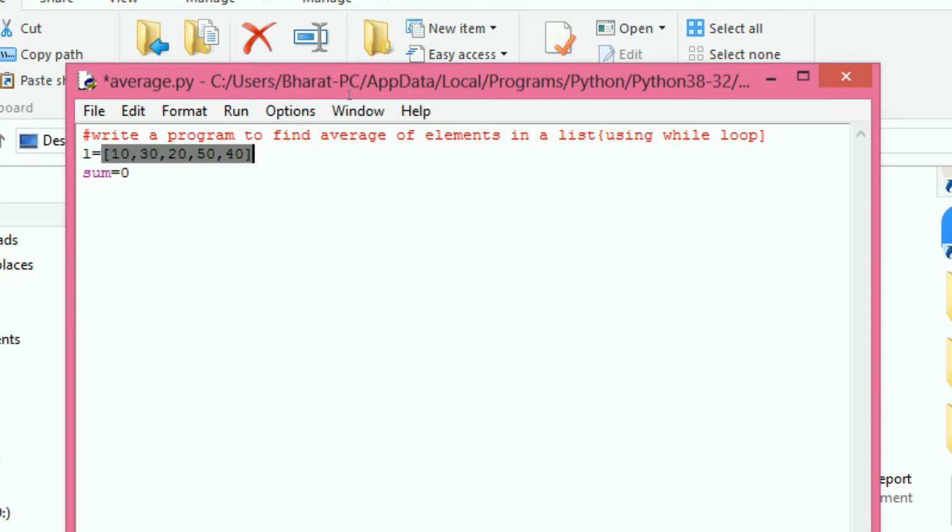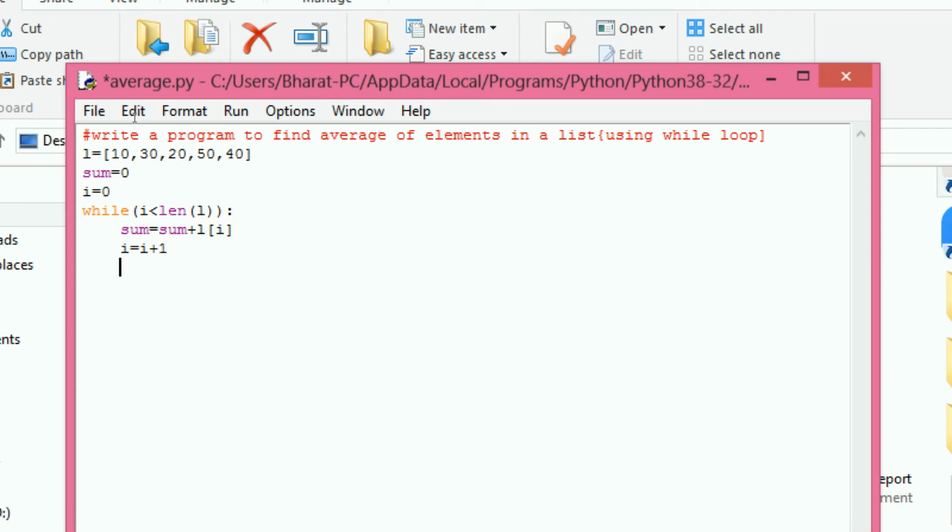So this is the list. How can I access the list? I am taking one I value equals 0, while I less than length of L, sum equals sum plus L of I, and I increment I by 1.